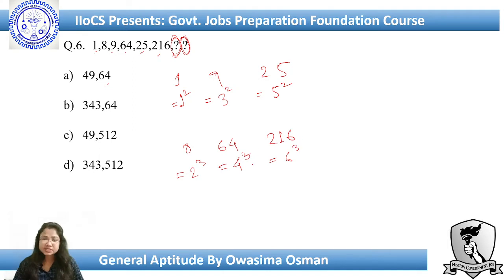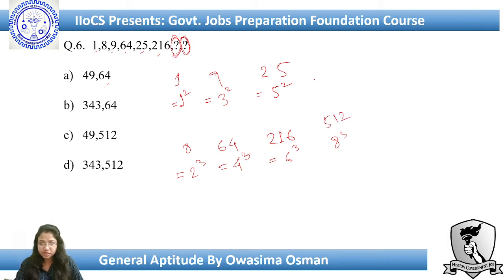So the even series is the cube of the consecutive even numbers, that is 2, 4, 6. So our next even number will be 8 cube, and 8 cube equals 512, and